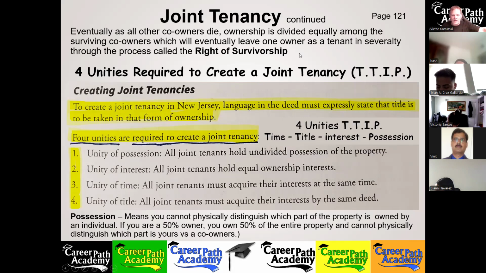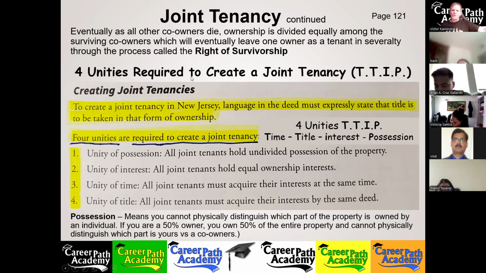Now, if you have a question about what happens if they're all in the same plane and the plane crashed and all the owners died at the same time, what happens to joint tenancy? I actually asked an attorney that because I got asked this question so often in classes. And the attorney said it would actually revert to a tenancy in common. And then all of those owners' heirs can lay claim to the ownership shares of their descendant who died.